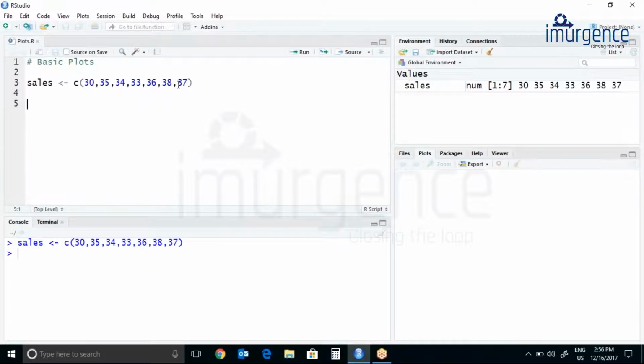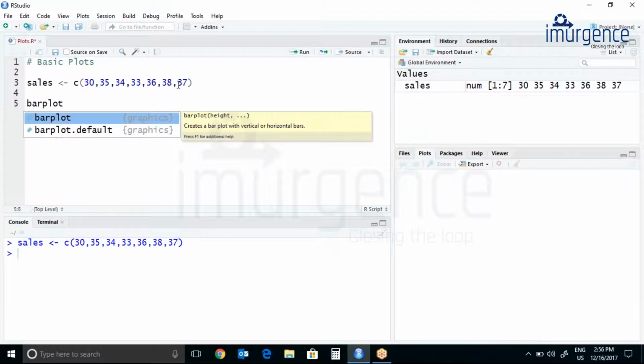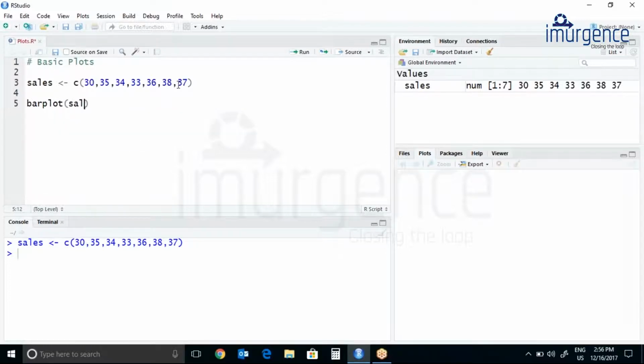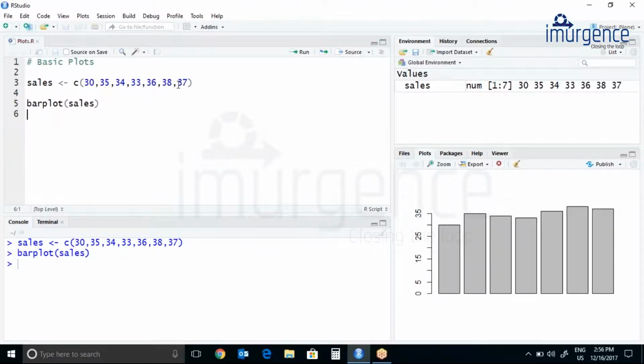To get a bar plot, you just have to pass this as an argument. The function which we are using is barplot of sales. So this is the sales and this is the frequency, and this is what we call a bar plot, or you can call this a bar chart.